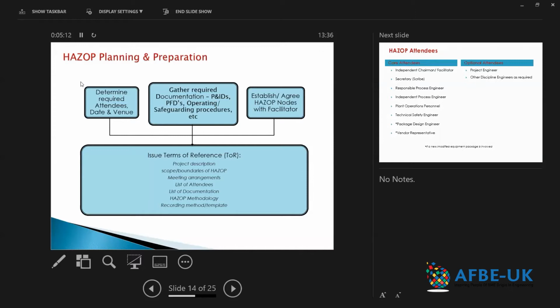You want to go through the procurement processes to get them on board, getting a CTR from them, preparing your requisition form for your procurement team, and getting all that arranged. You need to be doing that. You identify the date, obviously suitable dates for most people, and the next bit is to then gather your required